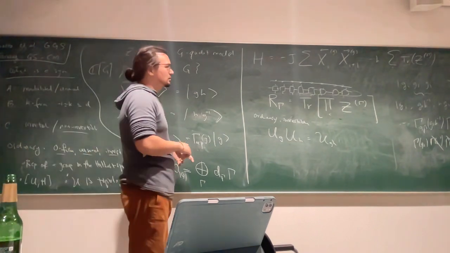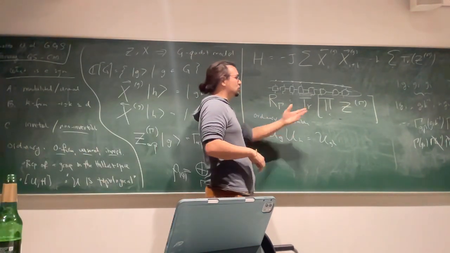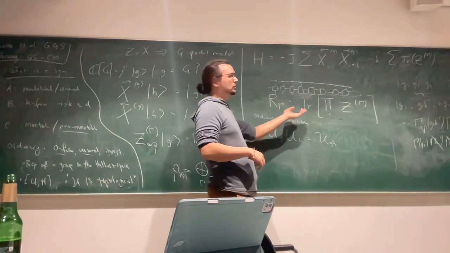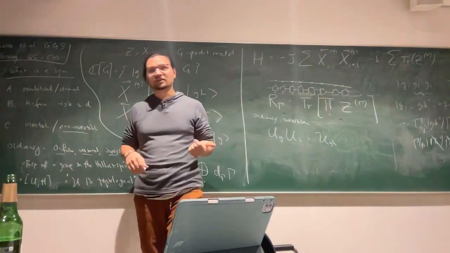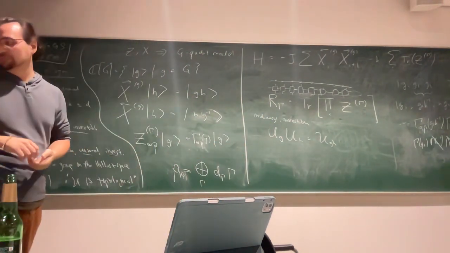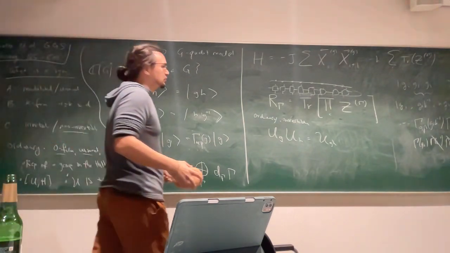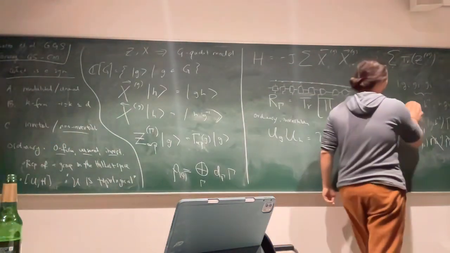But let me just show you very quickly that if the group is non-abelian, these operators are not unitary and they're non-invertible. There are a set of states which they will annihilate. So in particular,